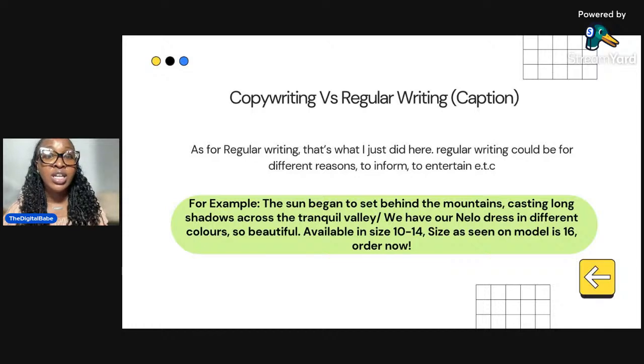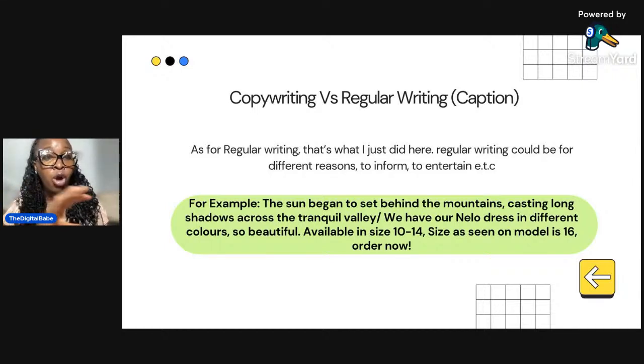with their regular writing. So let's say this vendor sells clothes. So she can say, we have our Nello dress in different colors. So beautiful. Available in size 10 to 14. Size as seen on model is 16, size 16. Order now. That is literally regular writing, because the person is not even paying attention to whether there is a catchy